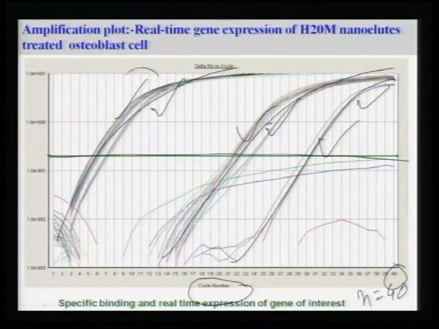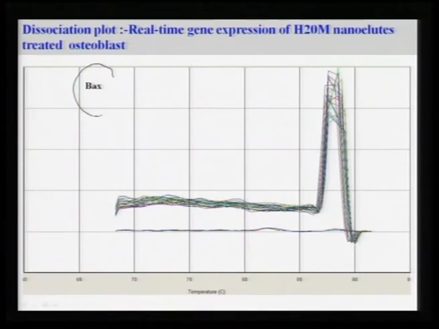In each group of genes, if you see that with increasing number of cycles they are being more amplified, that means their concentration or their expression value is getting more and more. Then coming to the BAX gene, BAX is that pro-apoptotic gene, right? Pro-apoptotic gene means these are responsible for the apoptosis process.